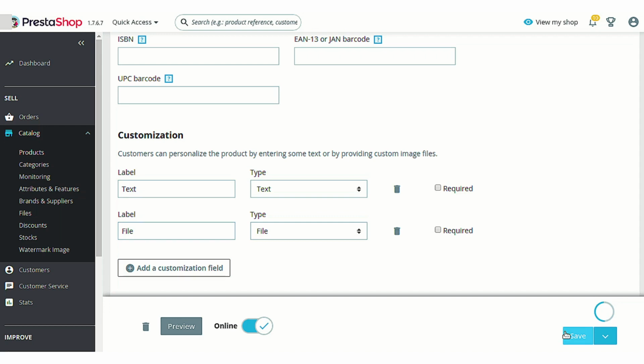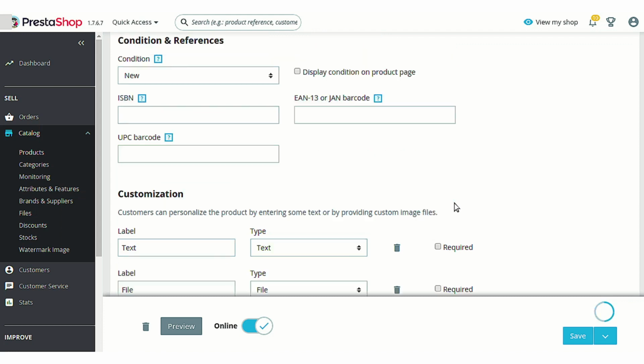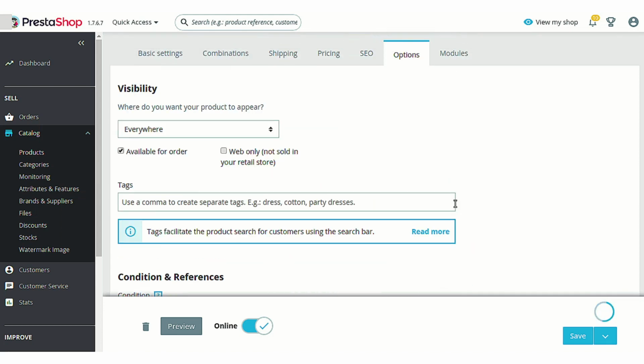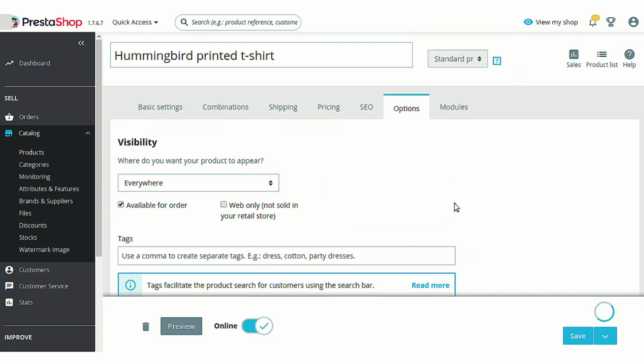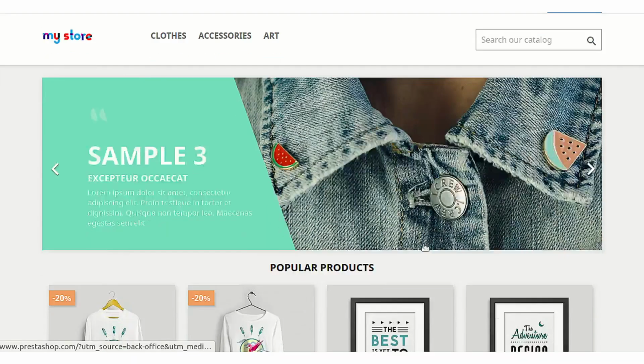Let's just save this data. We have not kept it required, so the customer can choose to leave the fields blank and proceed with the shopping without adding any data into those fields available on the store. It might just take some time to save the data. Until then, let's just go to the front office where this product is available.